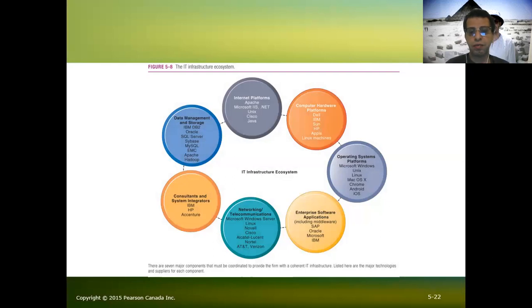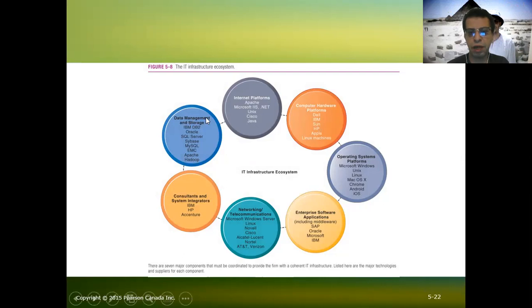So the IT infrastructure ecosystem is made of different pieces that we need to look at. And we said in the education, we looked at it from the top to the bottom. In order to determine the bottom, we needed to look at the top. Here, these pieces are what it's made of overall. Probably if we start from, say,